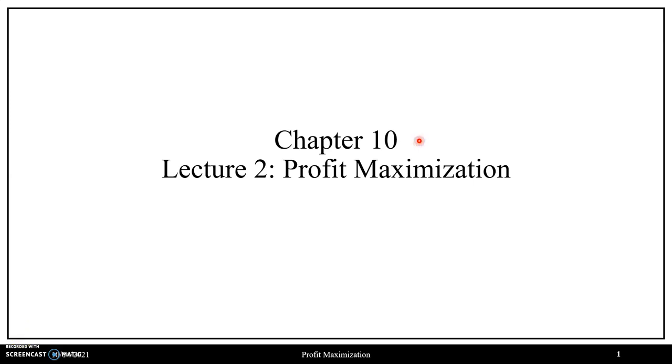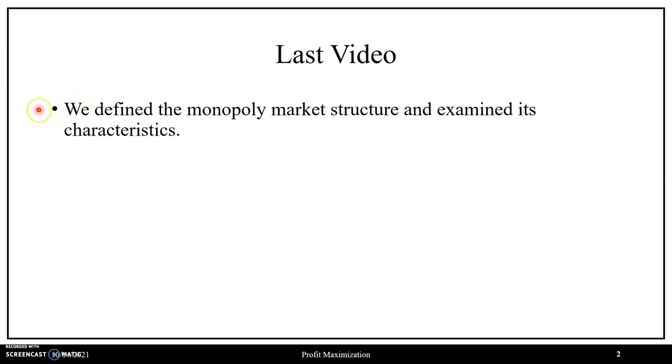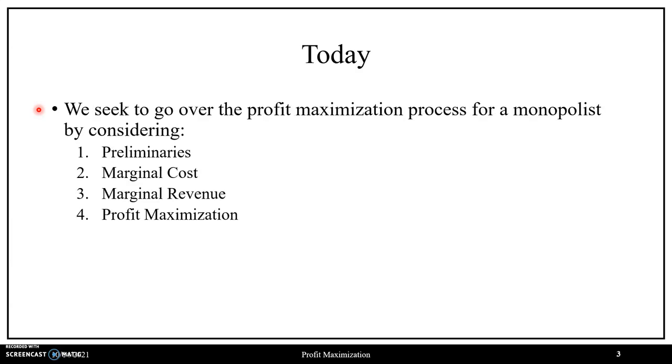In this video, we continue our discussion on Chapter 10, in which we go over the profit maximization process for a monopoly. In our last video, we defined the monopoly market structure and examined its characteristics. Today we will use that information to go over the profit maximization process for a monopolist, and we will do so by going over some preliminaries in order to construct marginal cost as well as marginal revenue for a monopolist,